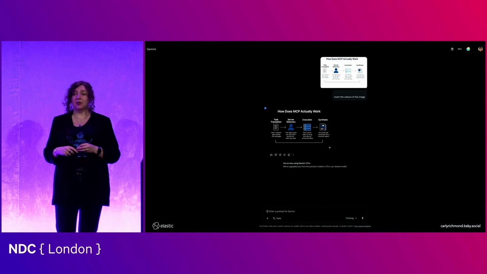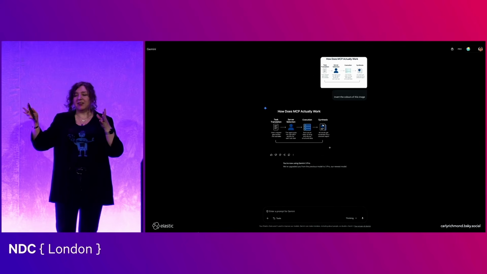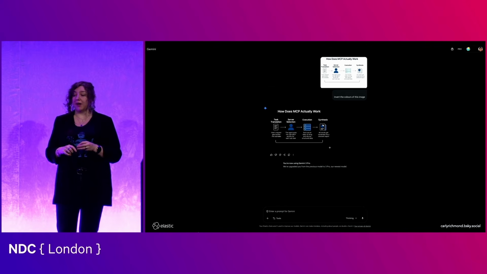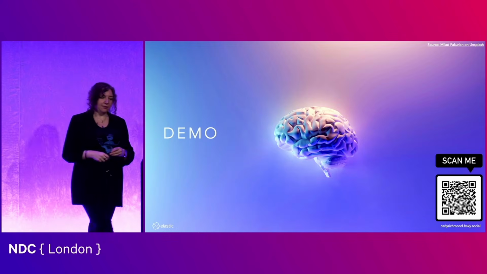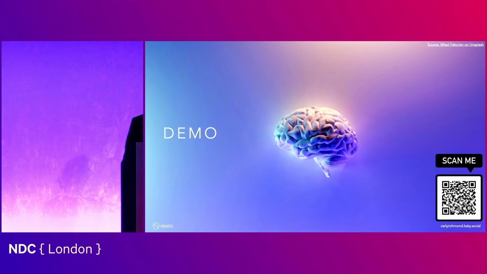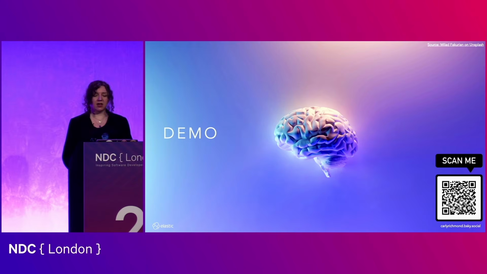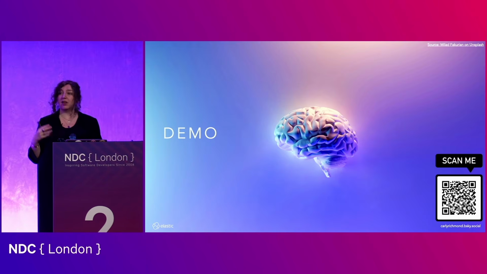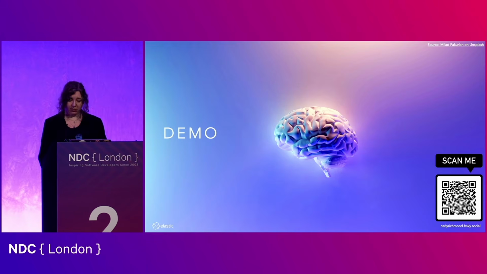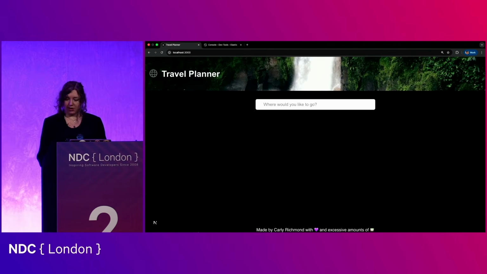So this is an example here where I've said, I have this diagram. I want you to basically change the background to black and white so it looks better on my slides. And as you can see, it's gone and managed to do it for me. So how does the prompting look within our agent, and how do we make sure that that gets back to the right place for the LLM to take action on it? That's what we're going to dive into now.